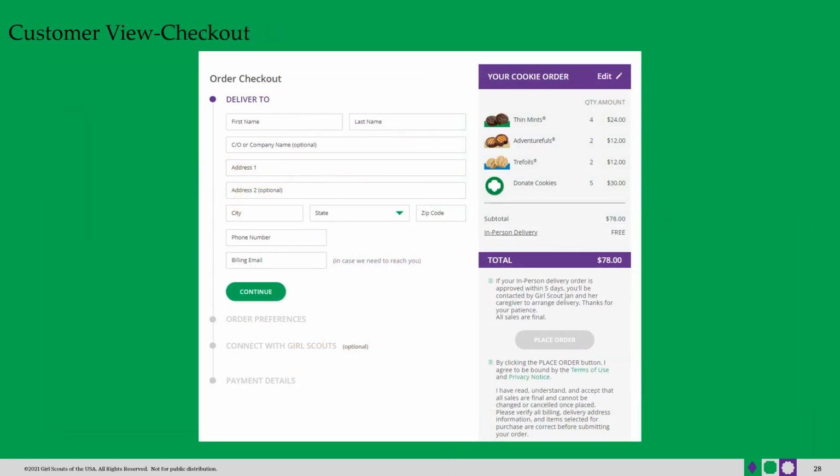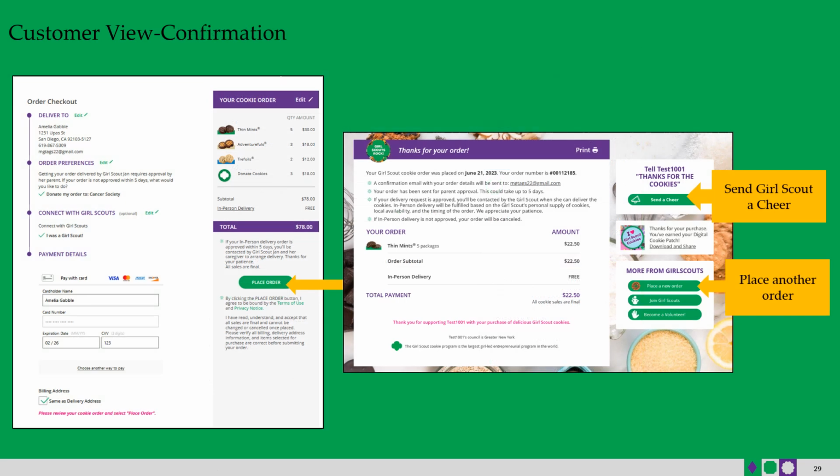After that, it's a pretty simple e-commerce walkthrough of completing the information on where those cookies are going to go, entering the credit card information. If they are that in-person delivery order,